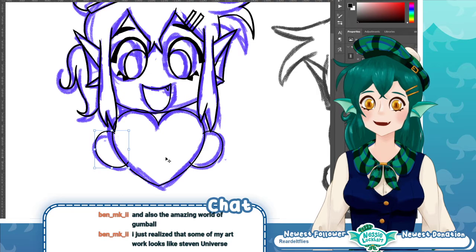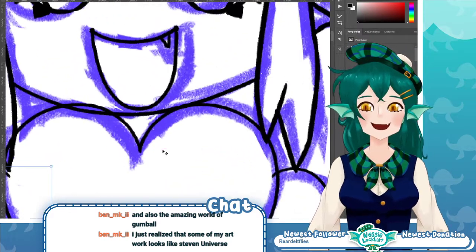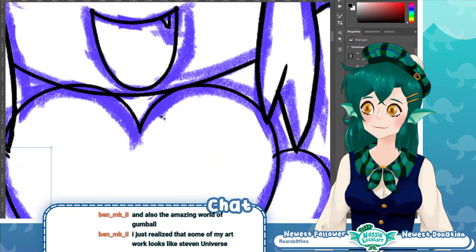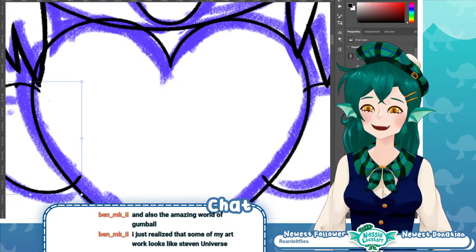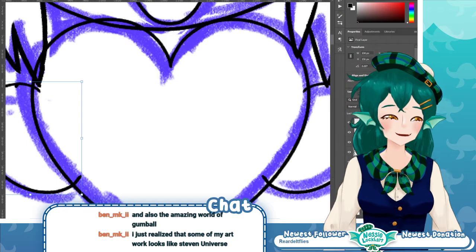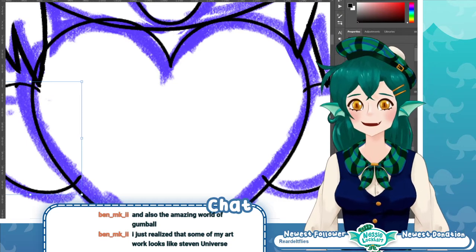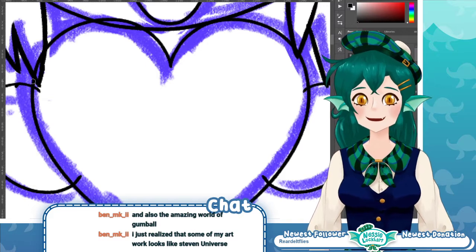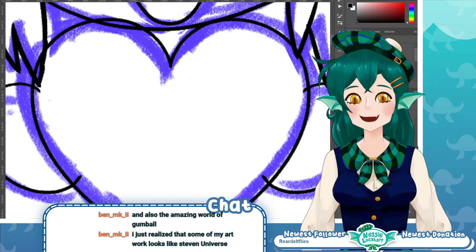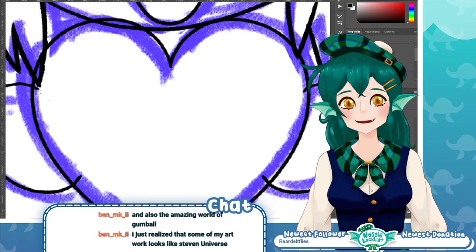I just realized that some of my artwork looks like Steven Universe. I think we all have that experience. We're like, oh hey. Even people who haven't seen Steven Universe might end up saying, oh hey, this looks like Steven Universe.